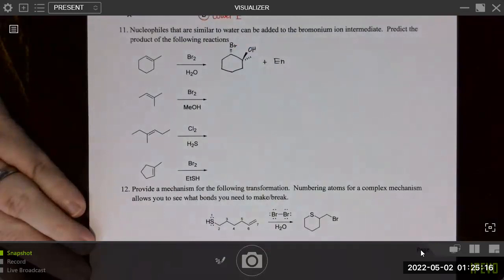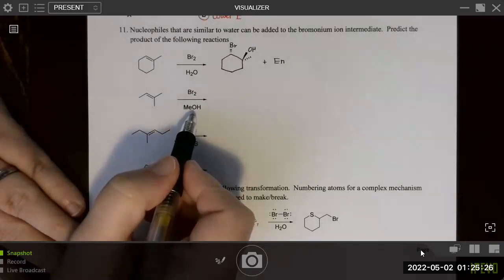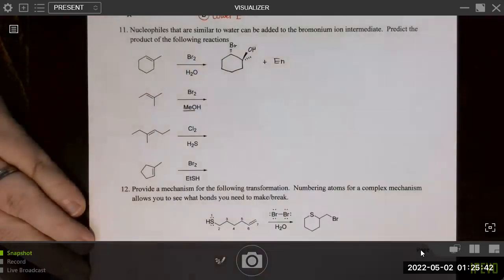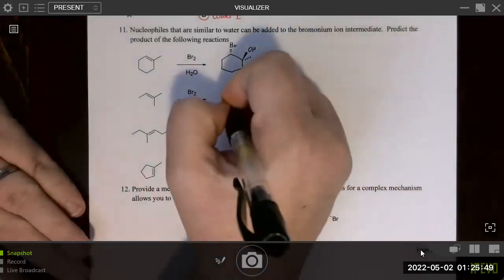Okay, so we want to do the same strategy here as well. We want to remove the double bond, add the bromine, and in this case, we're going to add in an O-methoxy. So some people might want to draw in an OH instead of an OMe. Remember that the final step is proton transfer. So this proton will be removed through electron transfer. So the group that we want to add is actually this one, not the OH. And that's going to go on the more substituted carbon. So we can do that.